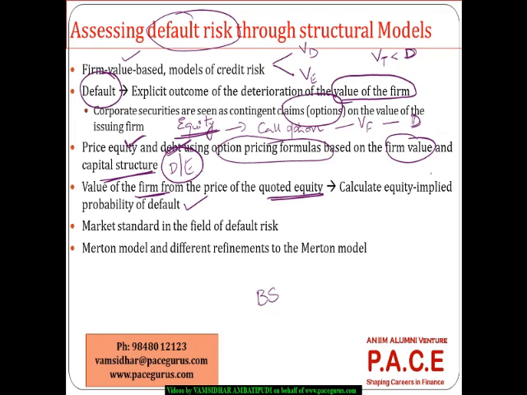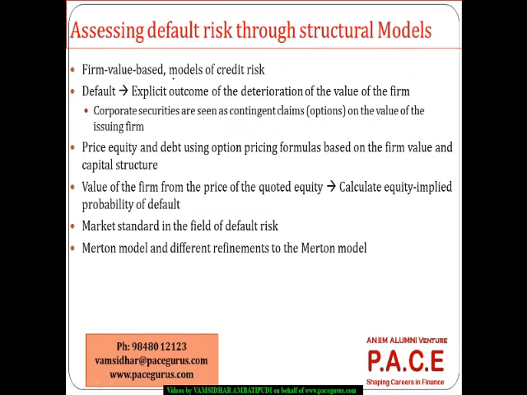So I can very well do two things using this Merton kind of a model. I can either find out the value of the equity as well as debt by taking the firm value and the capital structure. I'll use the simple Black-Scholes option pricing formula for that. Whereas on the other side, if I take the market price of equity itself, based on that I get the value of the firm, and based on that I should be able to compute the probability of default of a particular company,